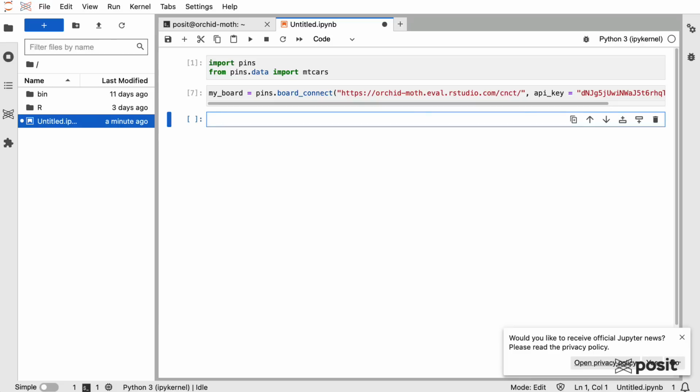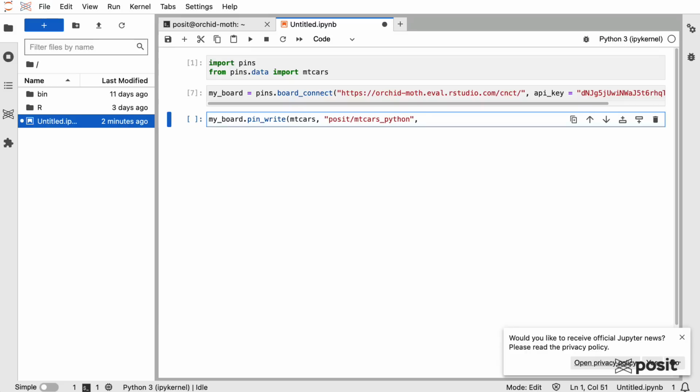And so the last thing we need to do is pin our mtcars dataset to Posit Connect. So to start, we are going to type out my_board, and we're going to use the pin_write function. Now within Python, it takes three arguments, and the first argument is the pin itself. So we're going to use mtcars. The next is the name, and we're going to give this a similar name. So I'll say my username, which is posit, and I'm going to call it mtcars_python, because if you recall, the other name was _r, since that was an R object.